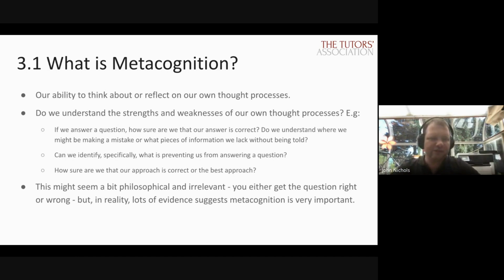And then another example is, how could you be sure that the approach you're taking, or the structure you're using to answer the question or complete the task, is the best one? It might still work in the end, but it might just be really time consuming. There are some algebra questions in maths where you can answer them just by trial and error. Let's try it if x equals 1. Let's try it if x equals 2. Let's try it if x equals 3. But if x ends up equaling 225, you're going to be there all day. So it's about understanding, are there other methods that I could use? Which method might be best, not just which method can give me the right answer? Maybe there's more than one method that gives you the right answer.